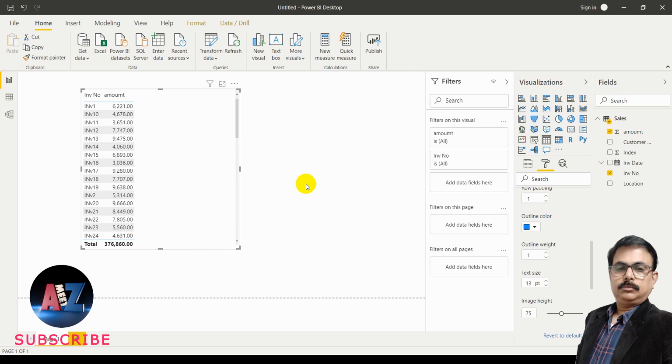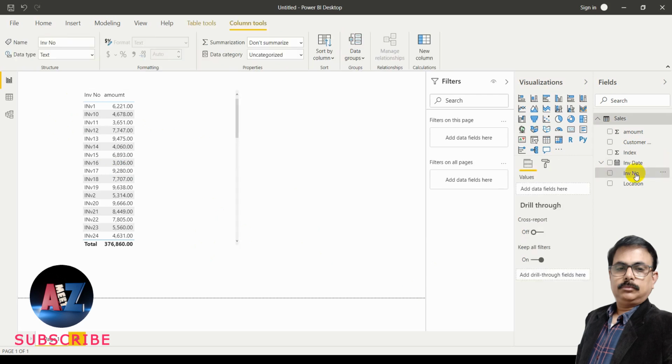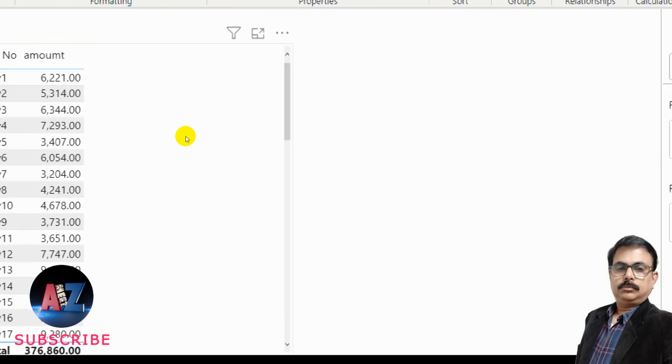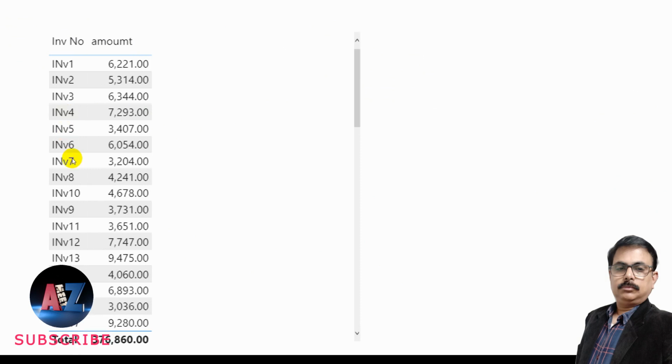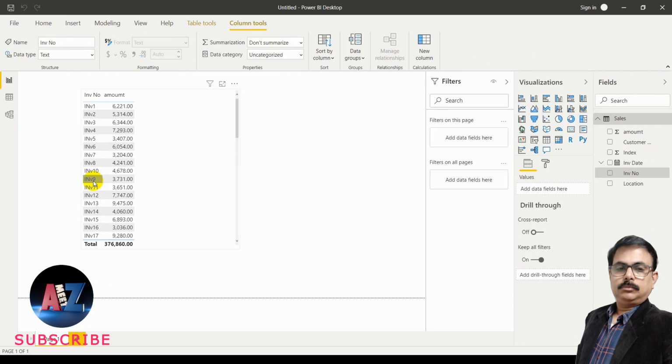So let me unselect everything and then select the invoice number, that is the text. Sort this by index number so that it will give you the proper sort. But still the sort is not so good because the index column is created based on the date sort. Date has got certain duplicate values. That is why the sort has gone a little here and there, because the index column has to be created in a much better way. But we have created it, and it is actually giving you the proper information.